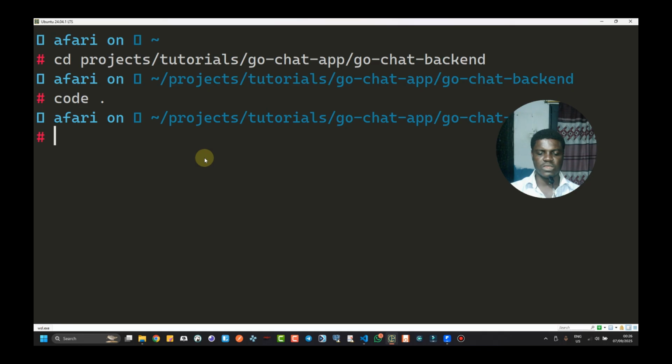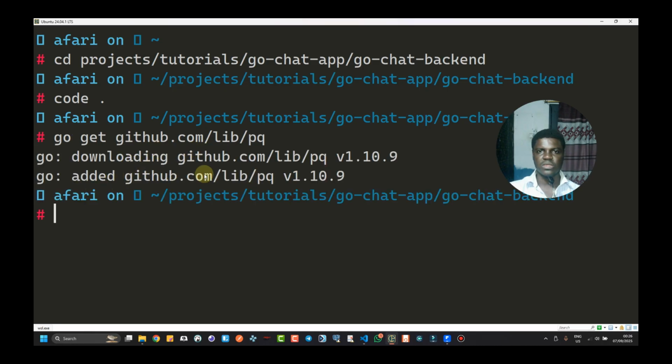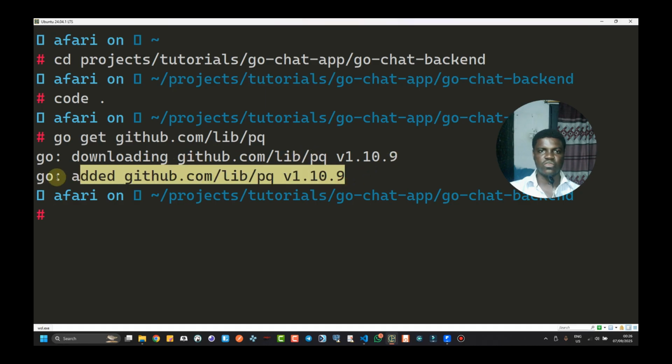So what I can do is I will just go get, and here it is from github.com/lib/pq, like this one. You just press enter. It's going to install everything. So you can see that it has downloaded and also installed